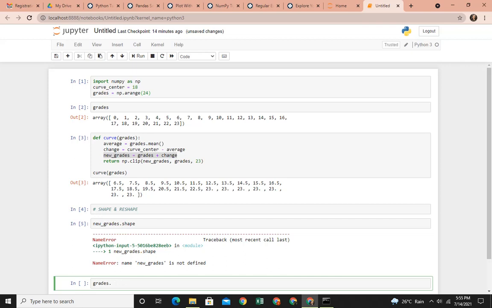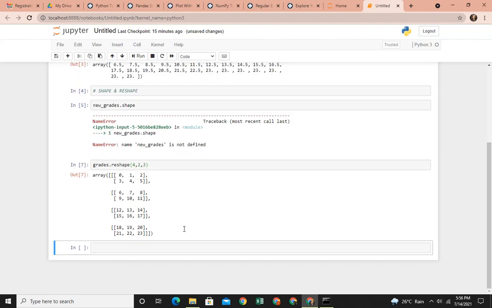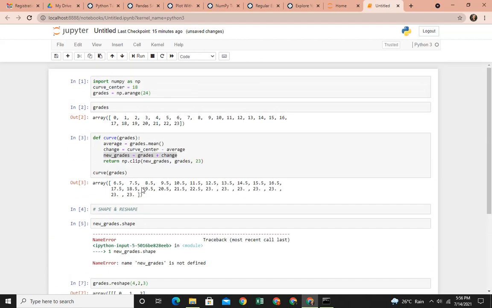First I'll reshape them. So now I have reshaped the array grades. This is a one-dimensional array. It has just one row and 24 columns.